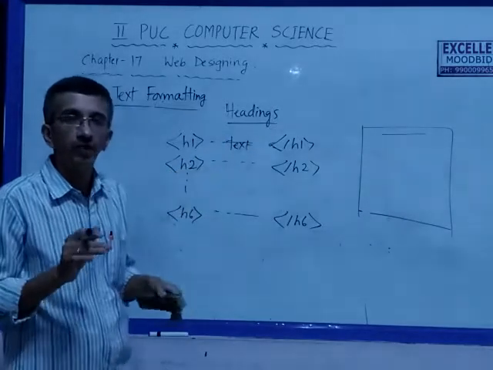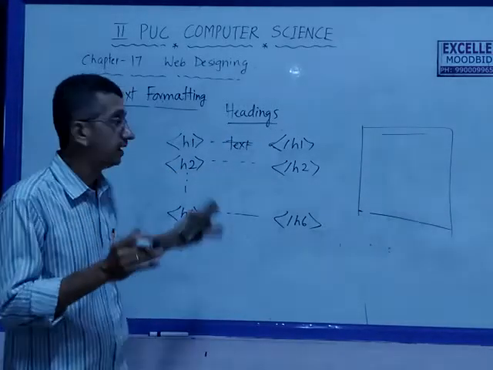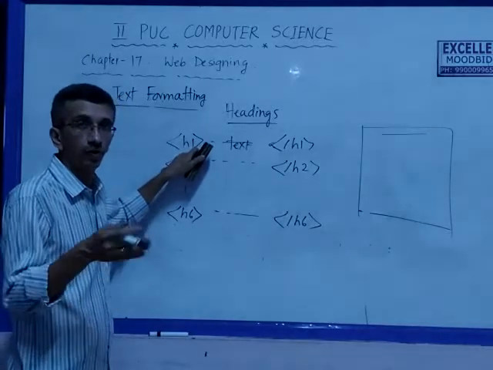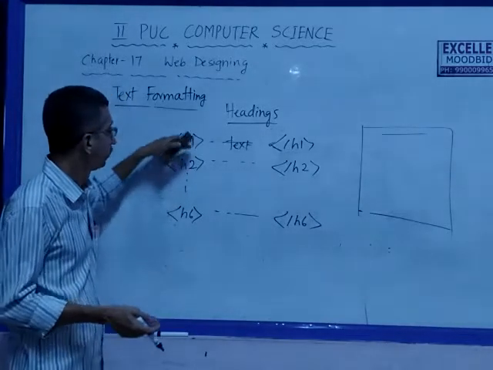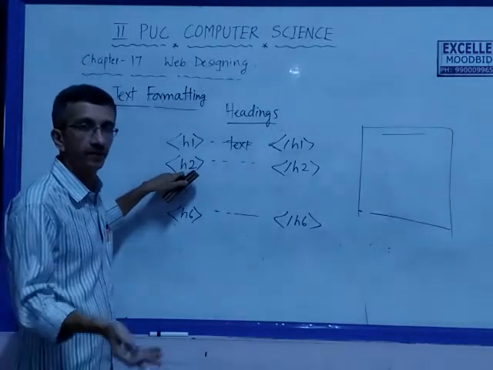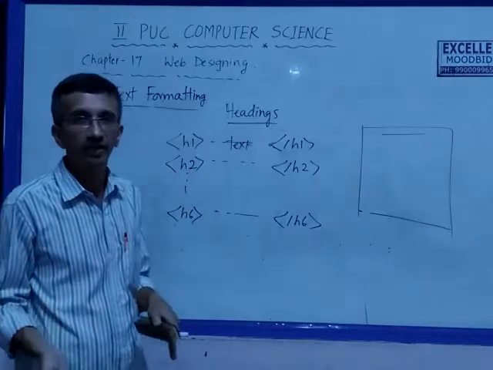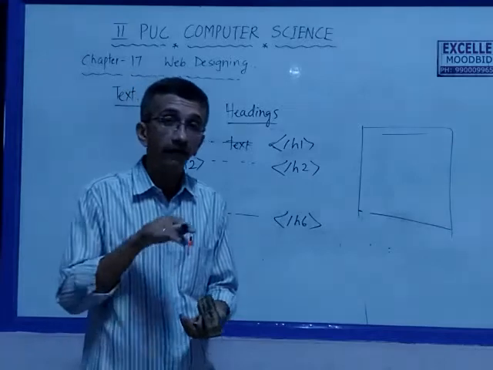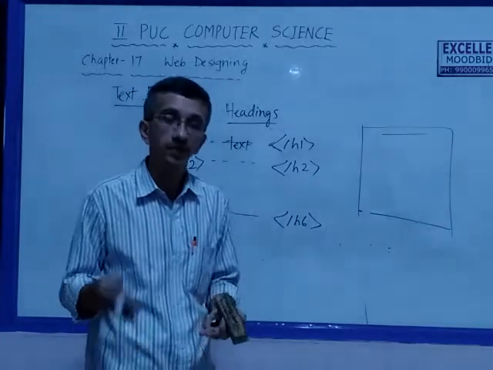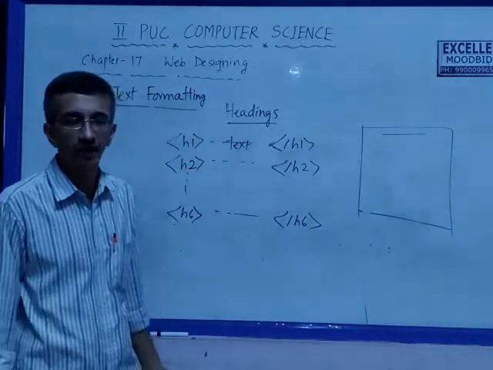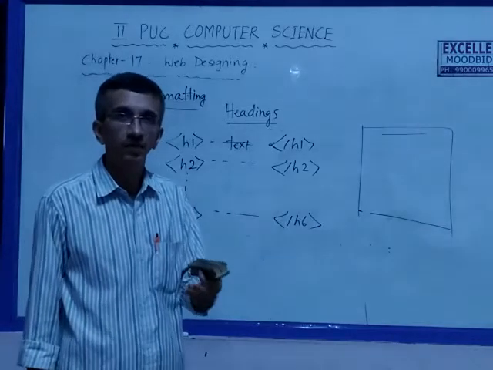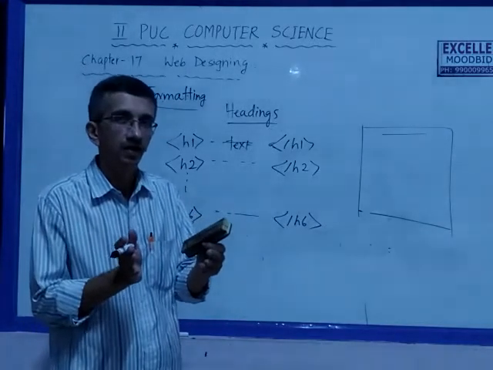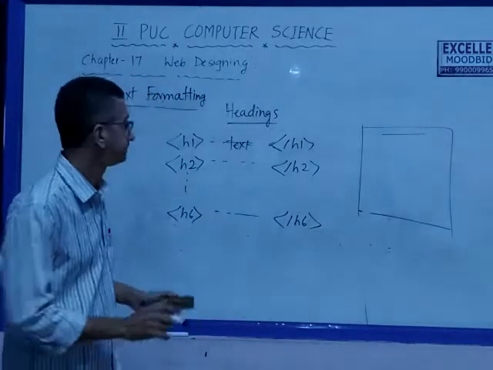Usually it will be boldface and it is a block structure. And there is no need to have a break after headings. If you have one more heading before or after that, the line break is automatically there. Just like paragraphs, two different paragraphs will have line breaks between them. One line space will be left between the two paragraphs, because paragraphs are block content. It is a block type of tag.